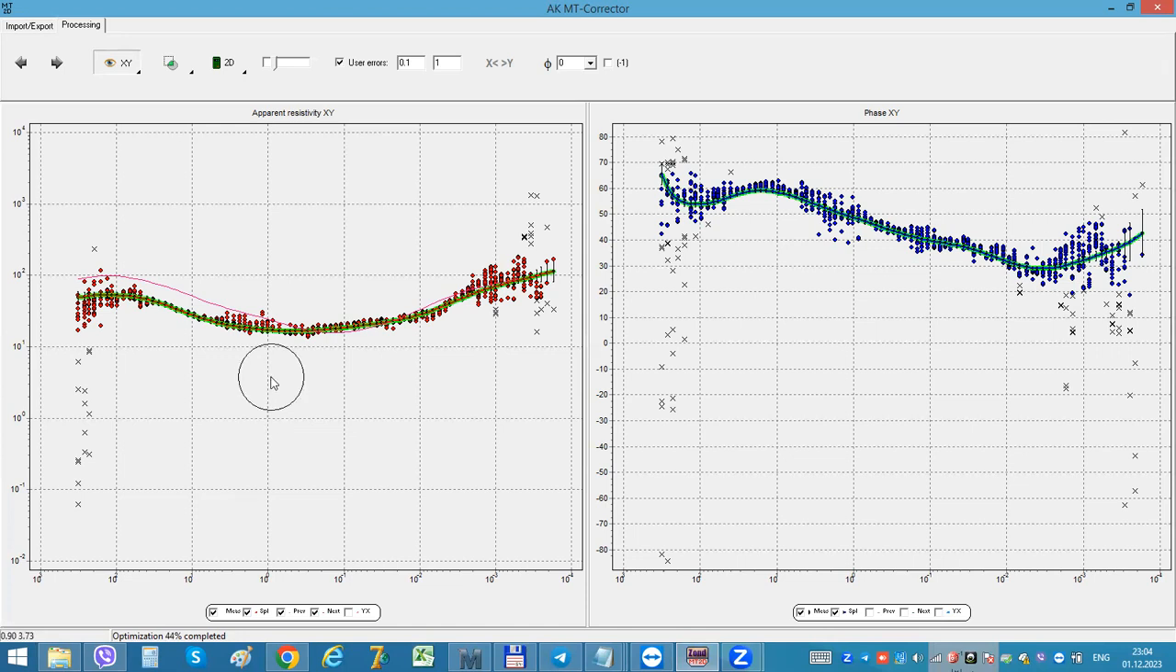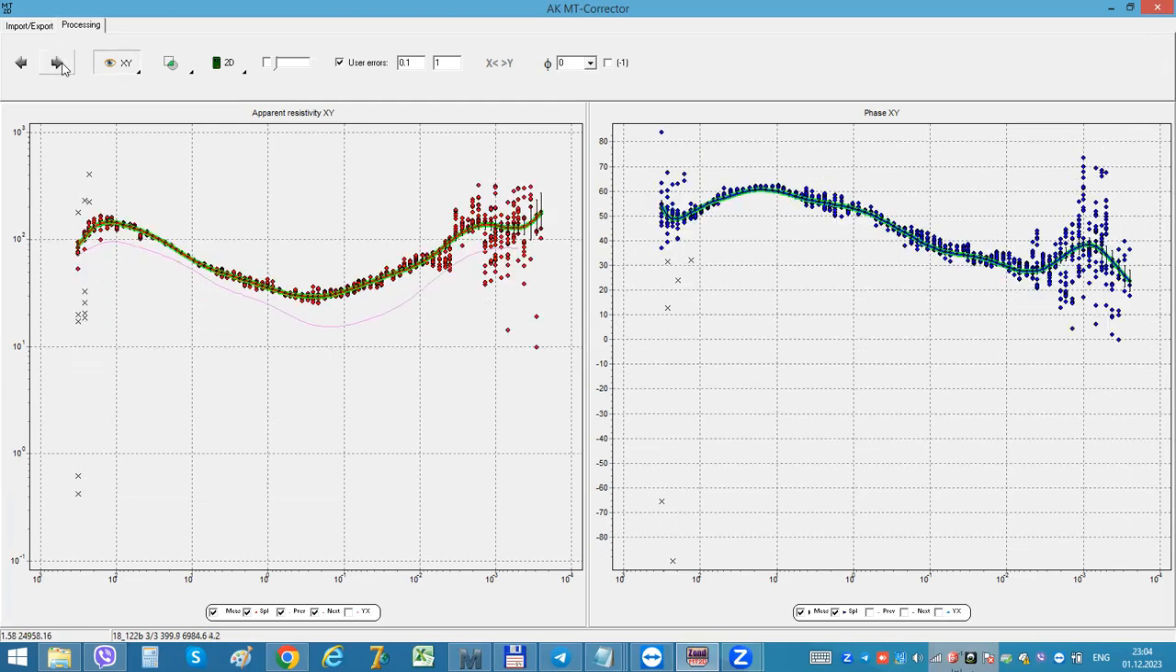But of course, here there are only 3 stations, and if you have 10, 20 stations, the process can be much longer, much more time consuming, because here about 5,000 points should be optimized during this process, and it's not really fast. So this is 2D processing, and we can see some features here. I don't like it really much. Of course, 1D is much faster, so we can